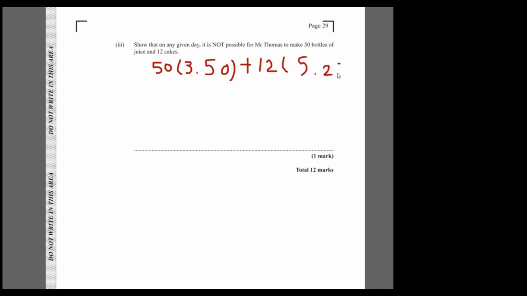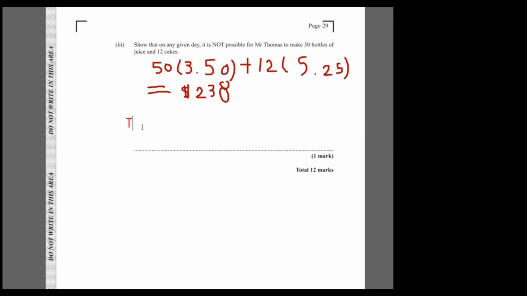All right, 5.25, that's equal to 50 times 3.5 plus 12 times 5.25. Now that's $238. That's crazy, $238. So it is not possible. So here's your concluding statement. So you can just tell them that